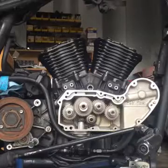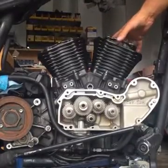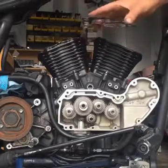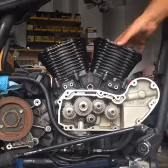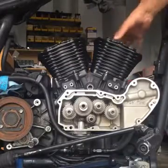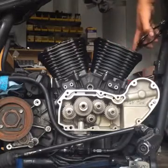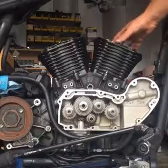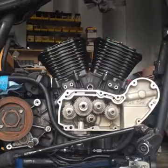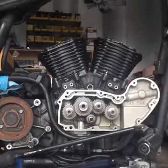So now what we're going to do, now that we got both cylinders on, put our base gaskets on. And again, these are the Comatec gaskets that came in the kit. They only go on one way. And on the stock engine you have an O-ring that goes on these two dowels, but they don't apply for this engine. So once you get that on,